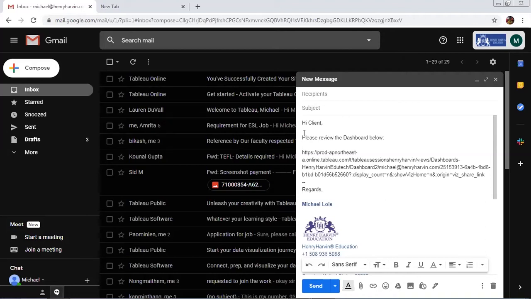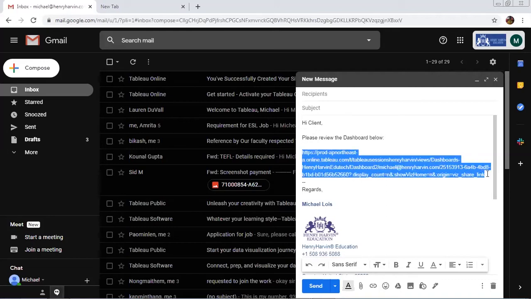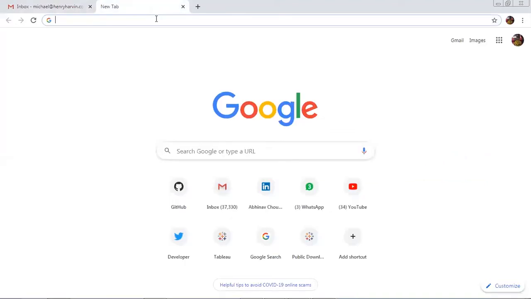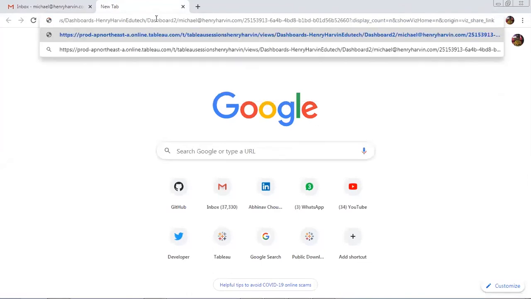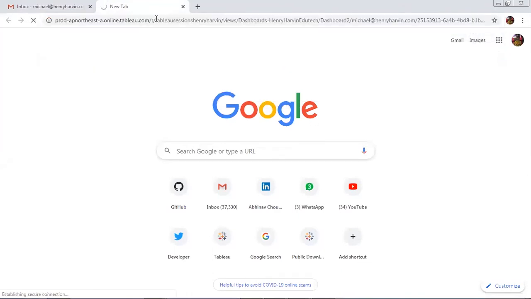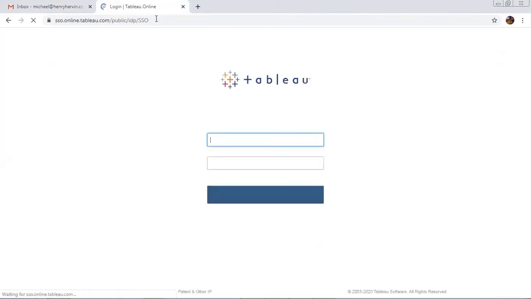Right now, the two browsers for me are different: Tableau Online is open in one browser, and my webmail is open in another. So we'll see how it will look. When the client receives my email and clicks on the link available in the mail, the dashboard I have published will look like this to the end client. It's taking some time because each time we click on the link, it renders the services of Tableau Online.